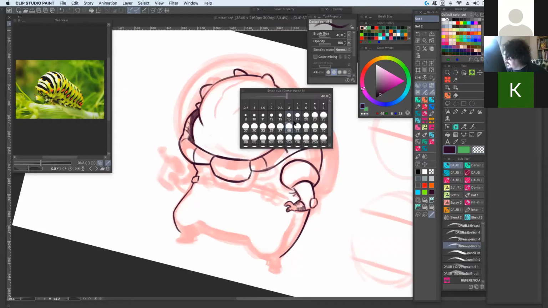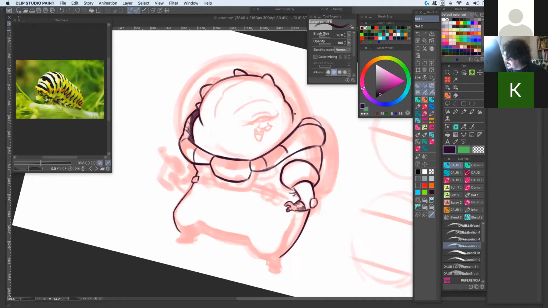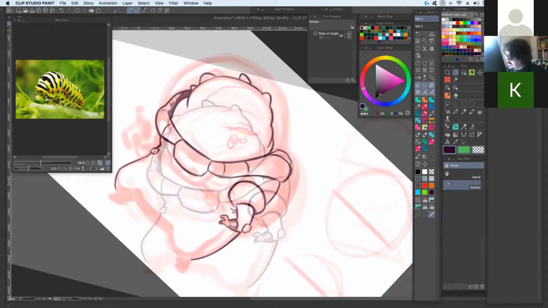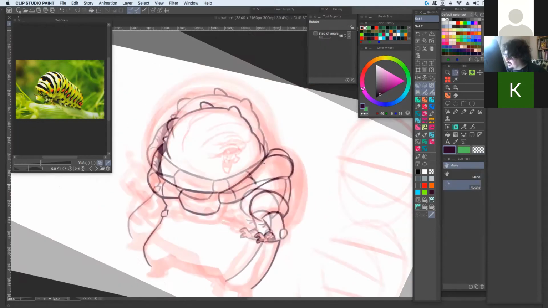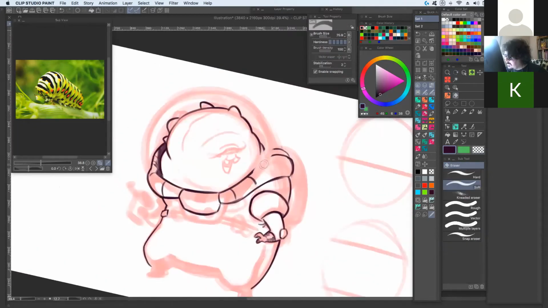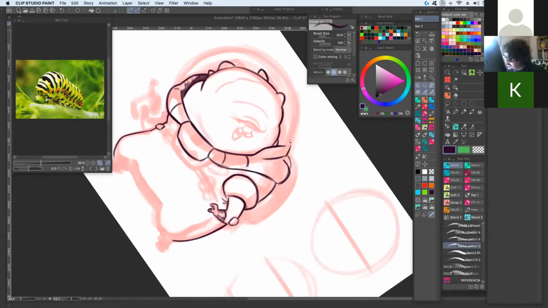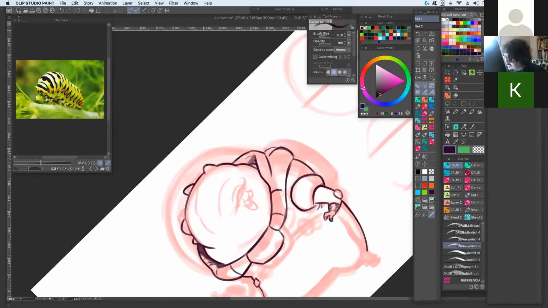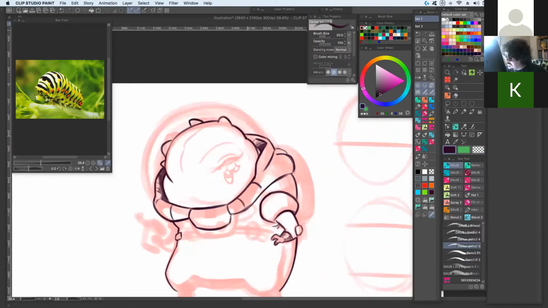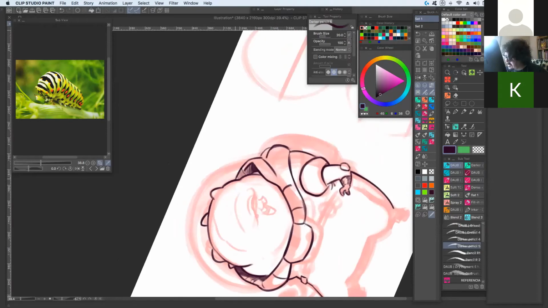Many times I usually make this in another layer. Just have one layer for the line, and another for the shadows. The reason is it's easier if you need to erase the shadow or